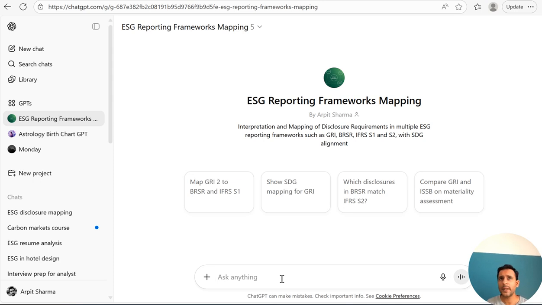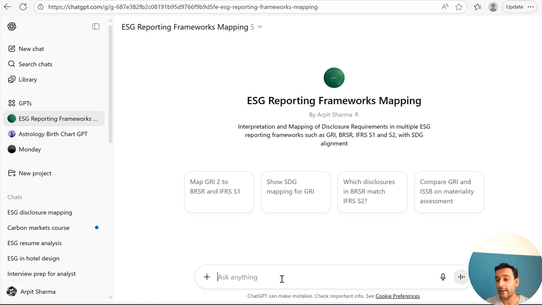So yes, organizations have requirements to report as per multiple reporting frameworks, right? For example, a company is reporting in accordance with the GRI, a voluntary framework, and now India has a new requirement. The company has to comply with, say, IFRS S1 and S2, or BRSR in the Indian context.